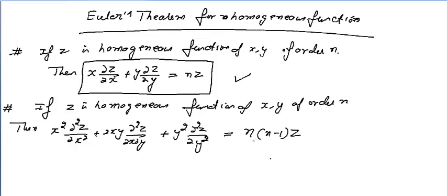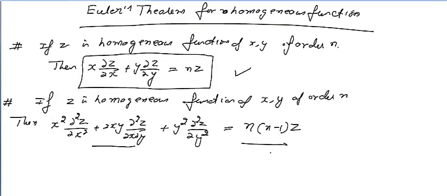Sometimes these results come in the form of Euler's theorem, or the examiner may ask directly, even asking you to prove this result. Sometimes the examiner will ask: state and prove Euler's theorem for first order, state and prove Euler's theorem for second order, or directly ask you to prove that this is equal to this. Whatever the question, you have to prove it. So today I will prove the Euler theorem for the second order. Let's start with the solution.